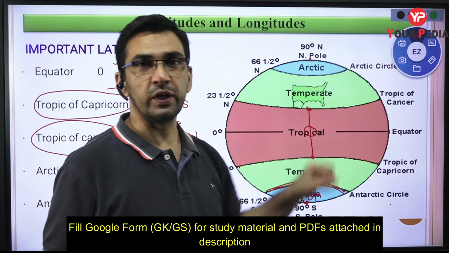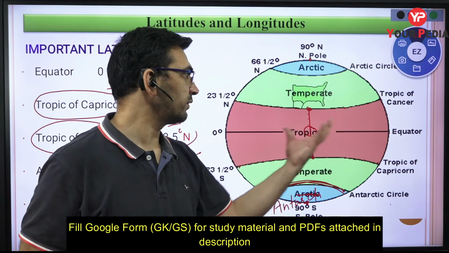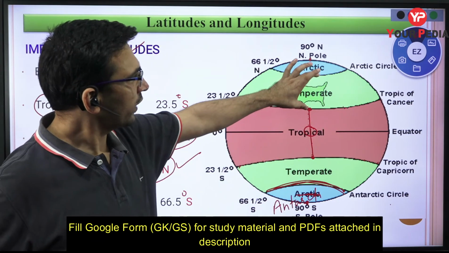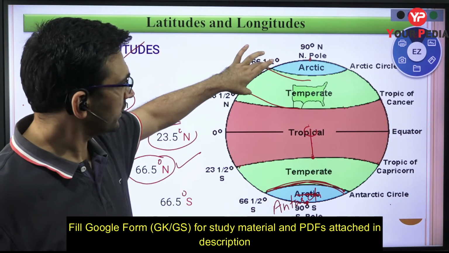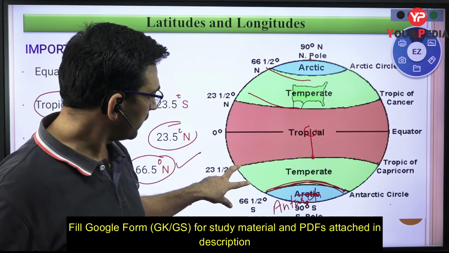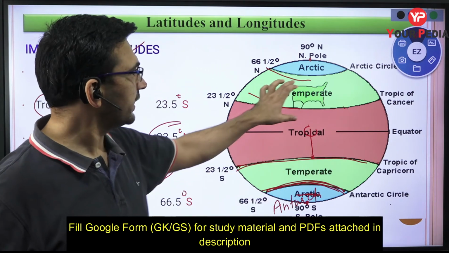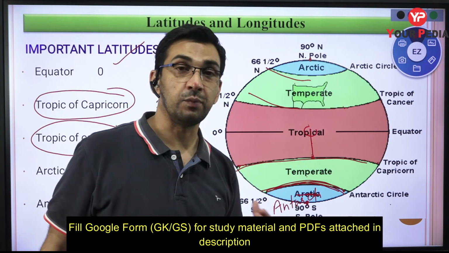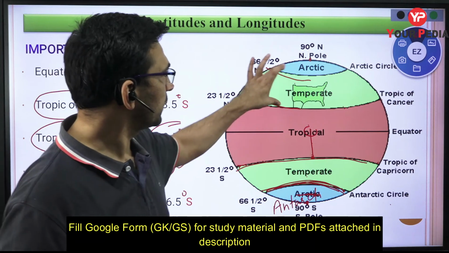received in this particular area, and that is why we say this is going to have the higher temperature. As you move away from that, you are going to have some portion between the Arctic Circle and Tropic of Cancer, as well as the Antarctic Circle and Tropic of Capricorn. We call it a temperate region. The name temperate means moderate. That means you don't have very high temperature or very low temperatures in this particular region, right?